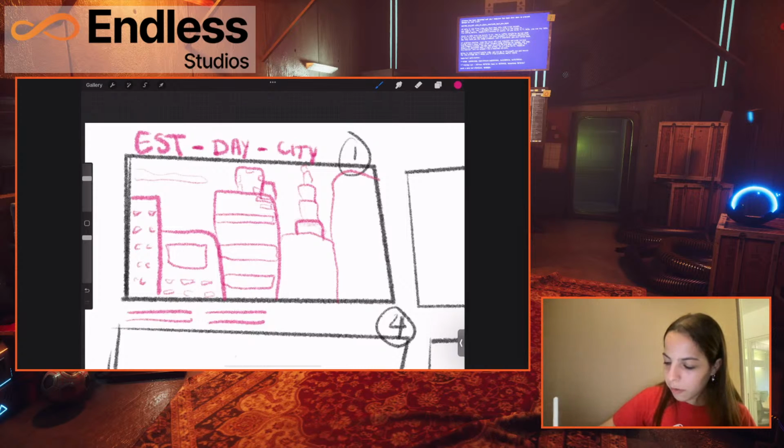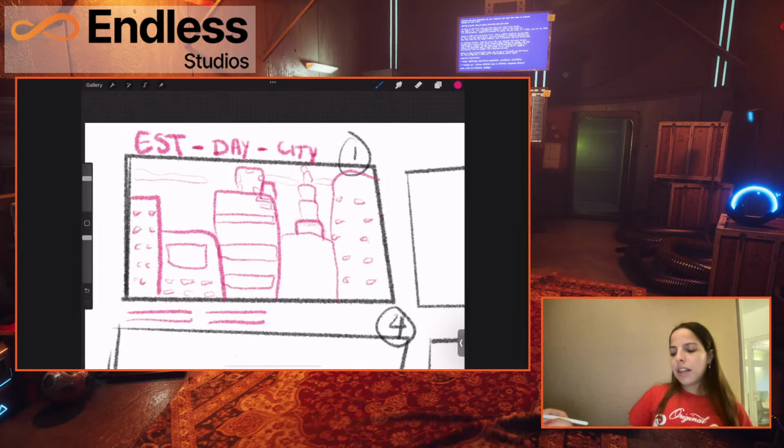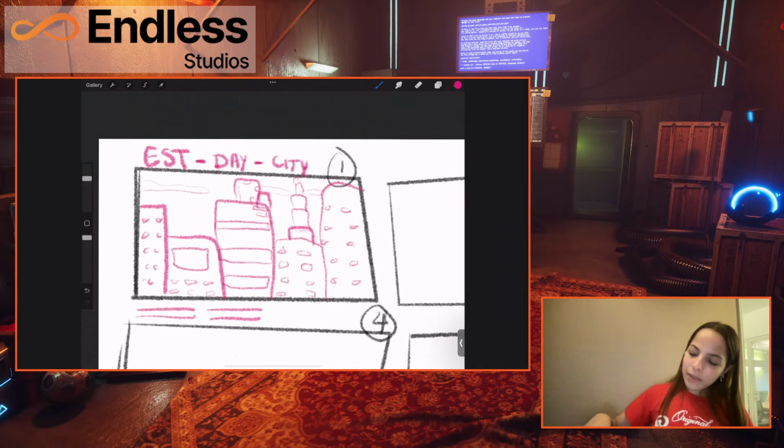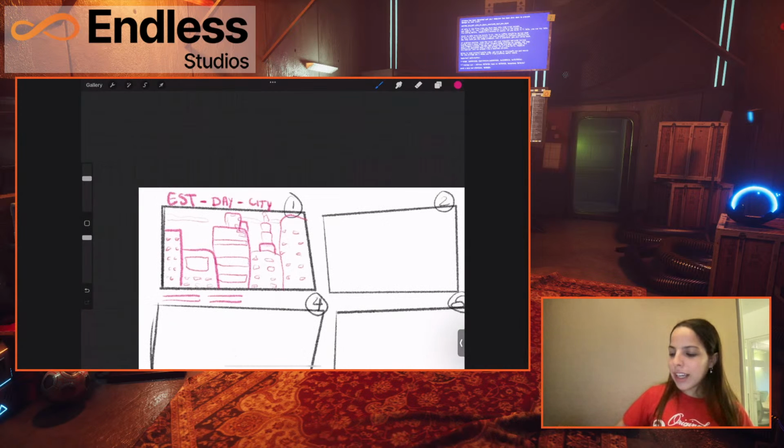Another building. So just windows. It's already kind of clear what's happening: these are buildings, and you can sort of see a city layout. Let me add more windows. Windows always make cities look like a city. So yeah, you can kind of see our city layout. That's our establishing shot. It's daytime, so we have some clouds going on.